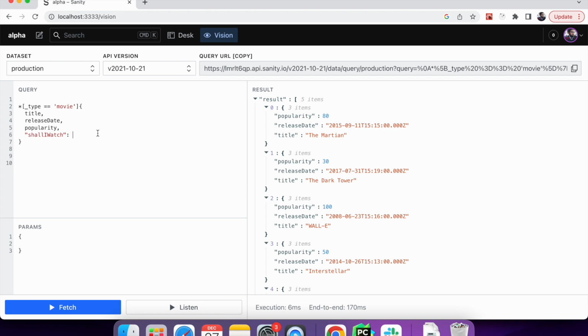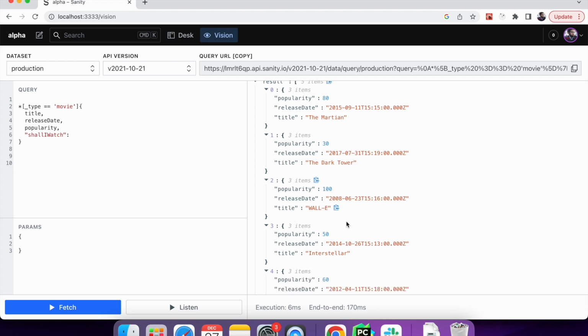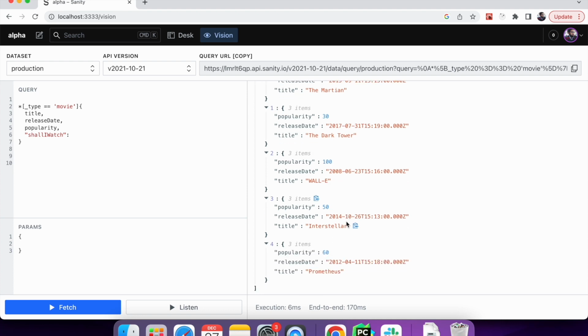So there are multiple conditions because if the popularity is, let's say, more than 80, I'll say I must watch it. If the popularity is between 50 to 80, I'll say maybe sometimes. Or if the popularity is less than 50, I'll say I'll not watch it. So I think you get my point that there are multiple conditions. If we have such a scenario where, based on multiple conditions, we want to get to a result and assign the value to a property, we can use